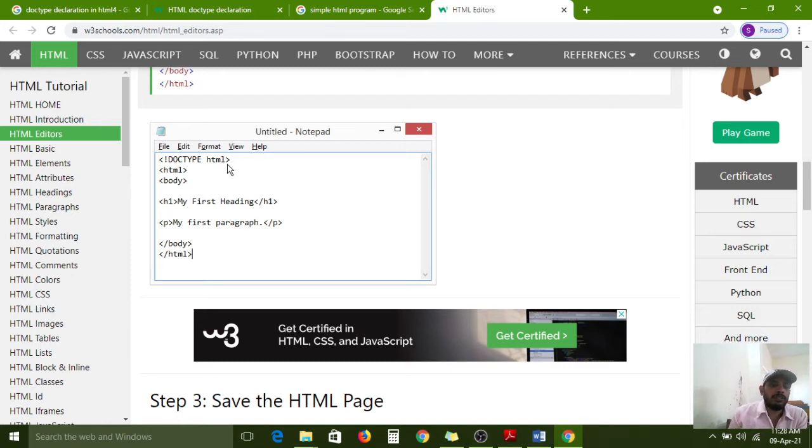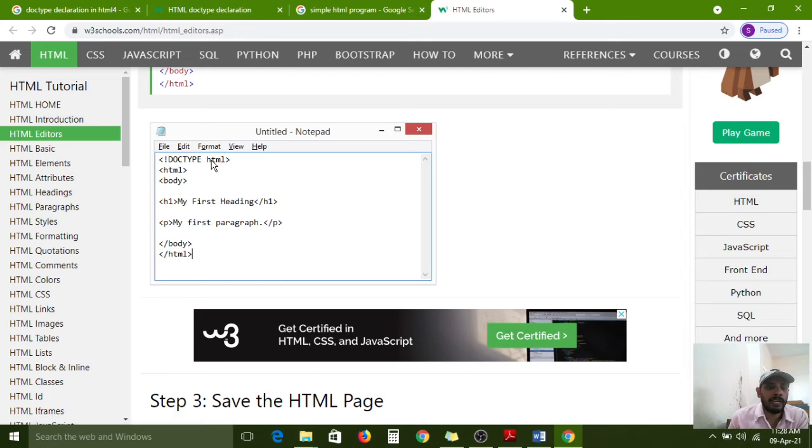They simply used HTML, because after many versions the doctype declaration has been reduced by the web developers. So they simply gave HTML for the latest version. Now, the latest version is HTML5.